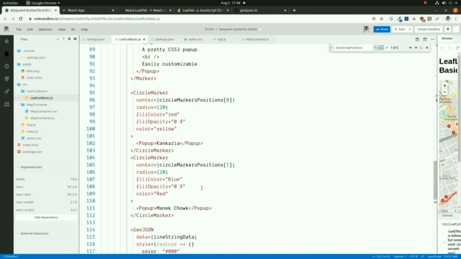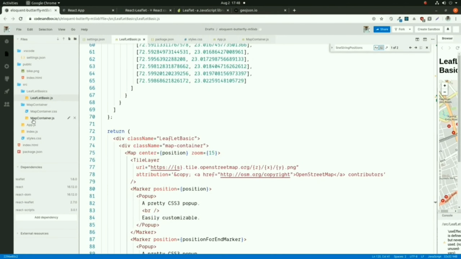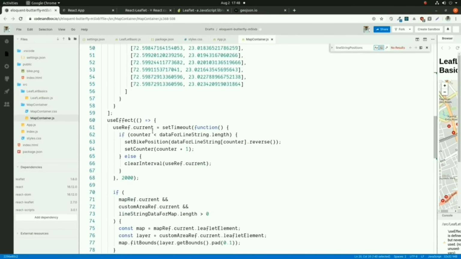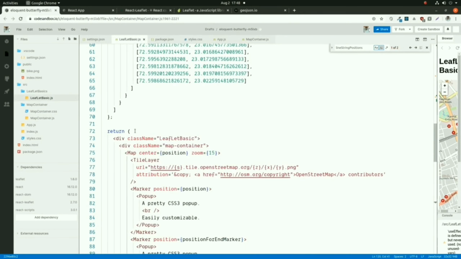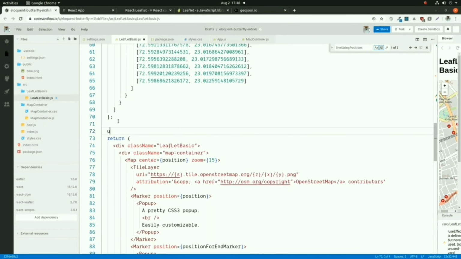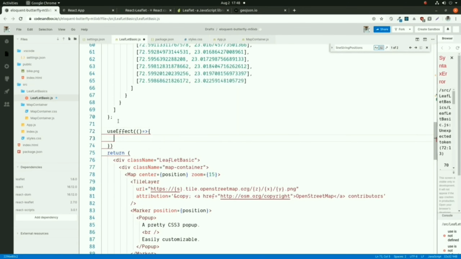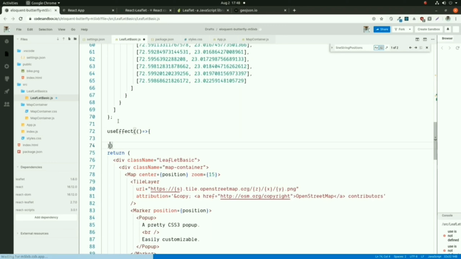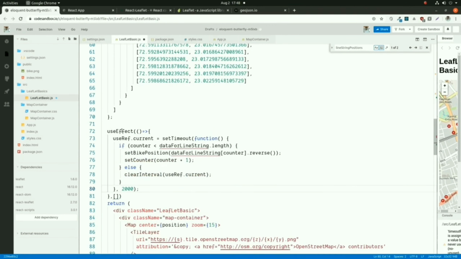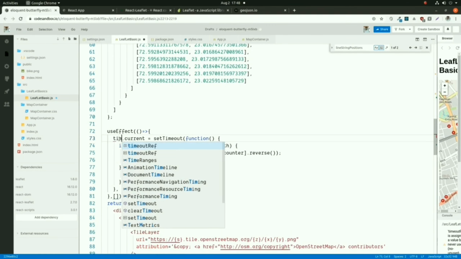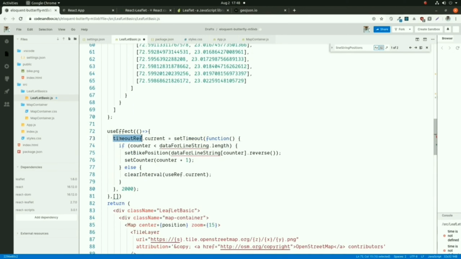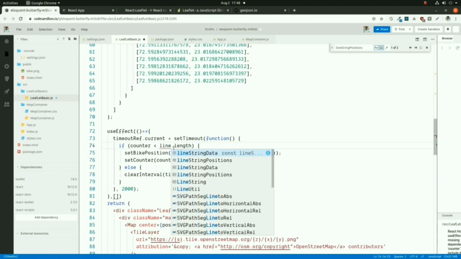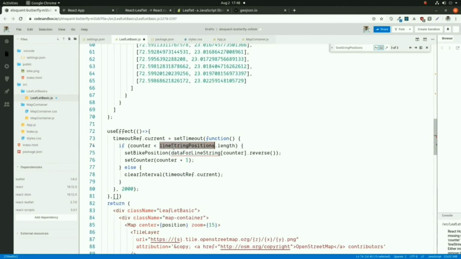Now to move the bike icon from one place to another, I will just use the setTimeout function. Inside our app I will use the useEffect hook. Inside that I will use the setTimeout functionality of JavaScript. So I will declare one reference variable, timeout reference, and assign the setTimeout function to it.